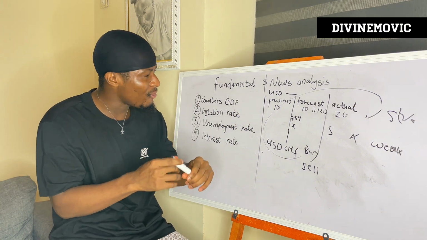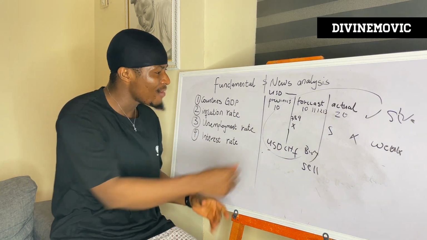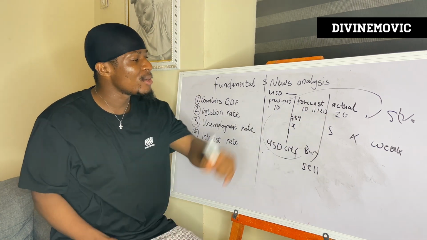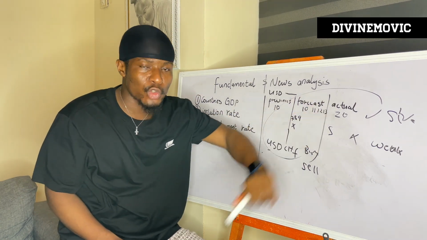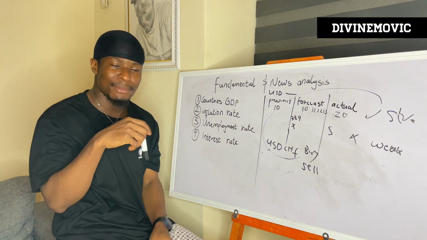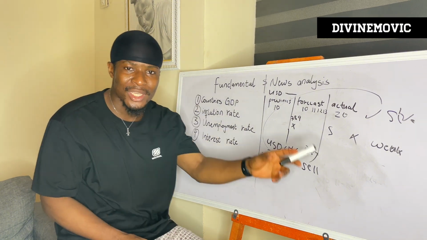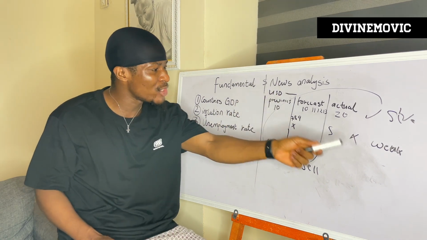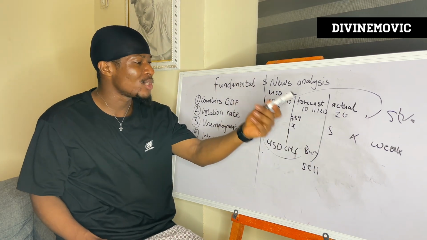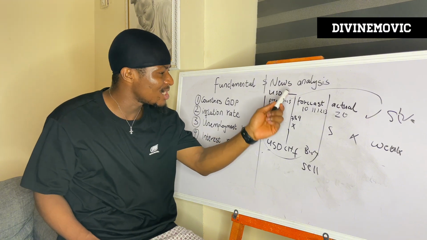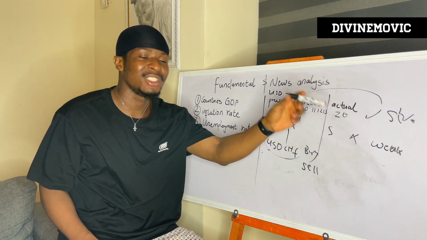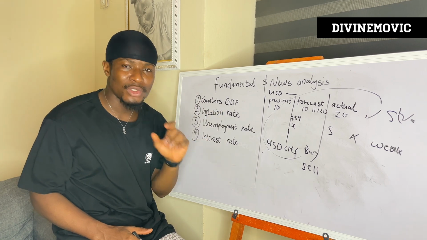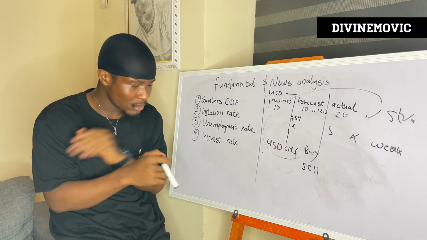Now, for the news to come out above or below any of these figures, you can use your head to decipher that, okay, because it came out higher, it's going to be strong, and because it came out lower, it's going to be weak. And now you'll be projecting weakness for the USD based on the news, or you'll be projecting strength for the USD based on the news. That's basically how you trade the news in the forex market.